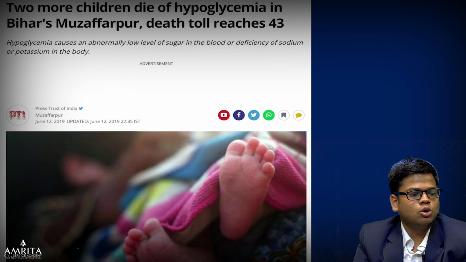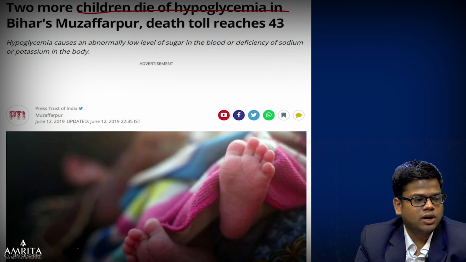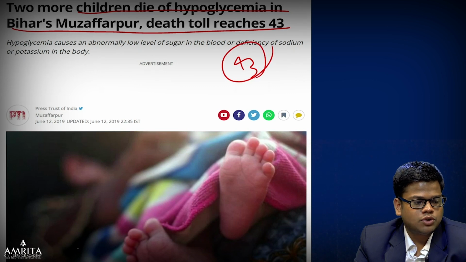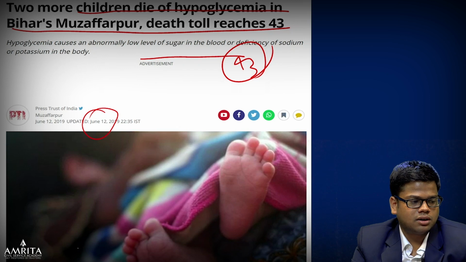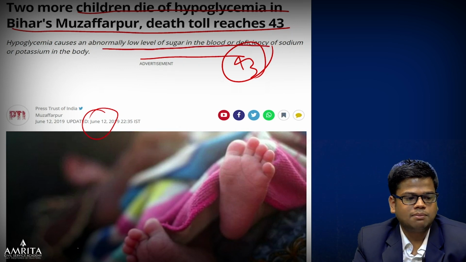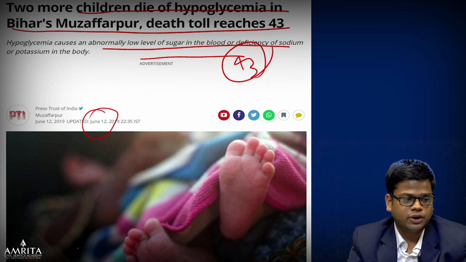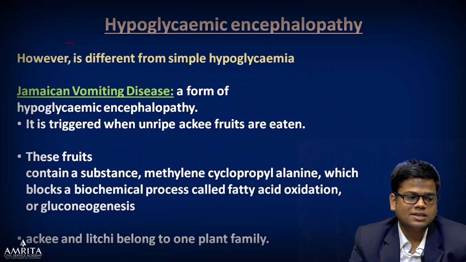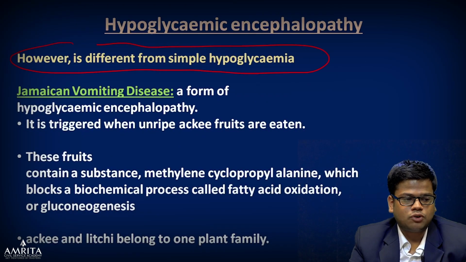Yes. So two more children die of hypoglycemia in Bihar's Muzaffarpur. Death toll rises to 43. So it was too much in the news in the June month that people are dying. That is hypoglycemia, abnormal low level of sugar in the blood and deficiency of sodium and potassium in the body. However, here the case is a bit different. It is different. Now here the problem is of hypoglycemic